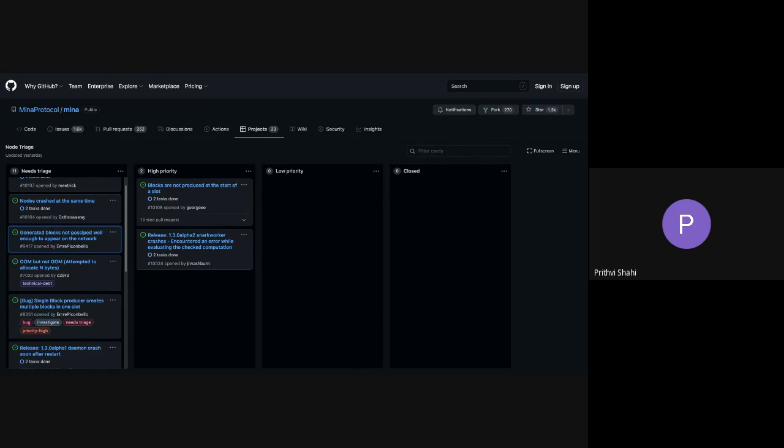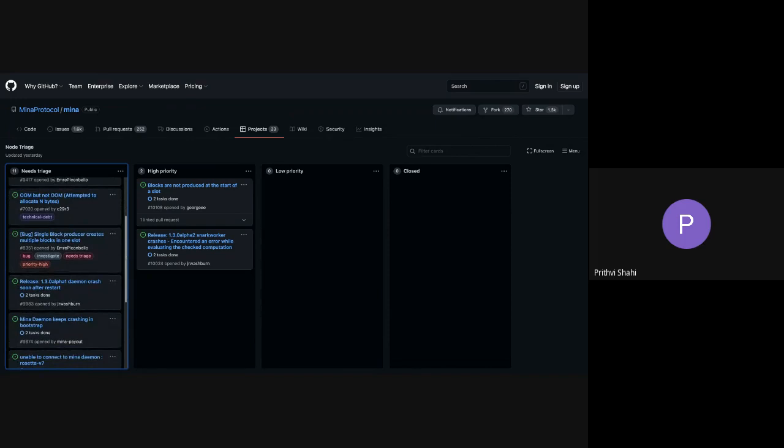7020, out of memory error. When I talked to the team, we believe this has been fixed in 1.2, but we need to follow up with Matthew, who had done some initial investigation on this. Once I talk to him and get an update, I can hopefully come back to it and close it if we're not seeing this on the latest releases. And if we do see it, we're more than happy to reopen it. But we believe we found the root cause and have fixed it. It's just something that's old and has been open for a while.